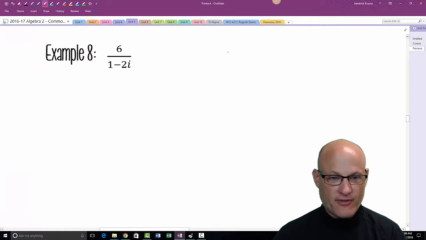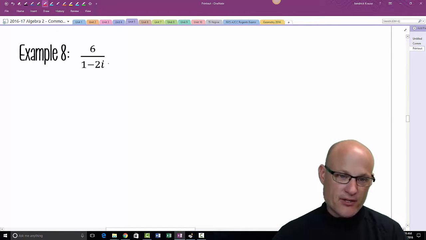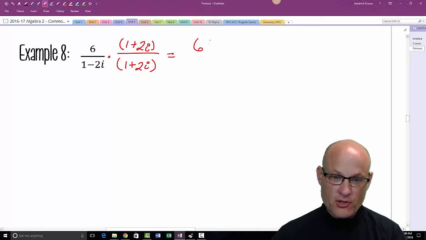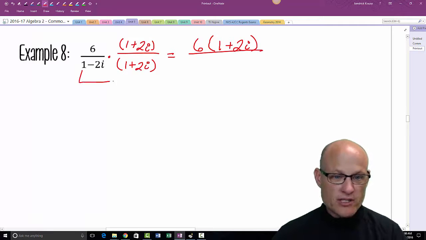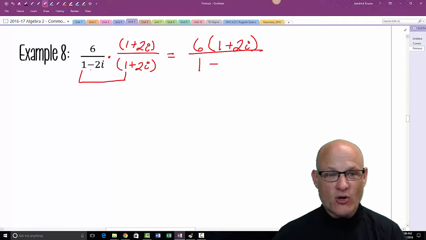For some reason, I might have left that problem out. I'm not sure why. So we're going to multiply by the conjugate, which is 1 plus 2i. Don't distribute in the numerator. All over, 1 times 1 is 1 minus, it's always minus because it's always a positive times a negative, 4i